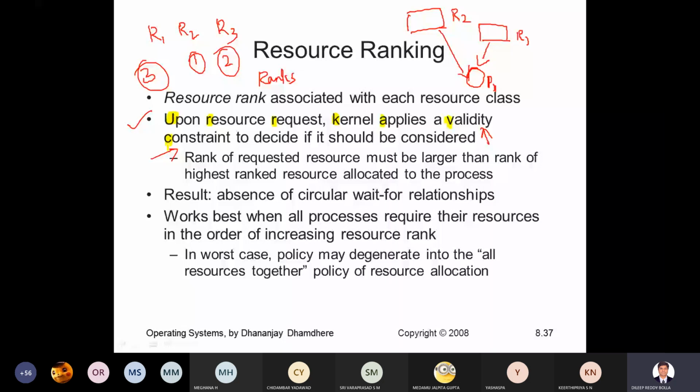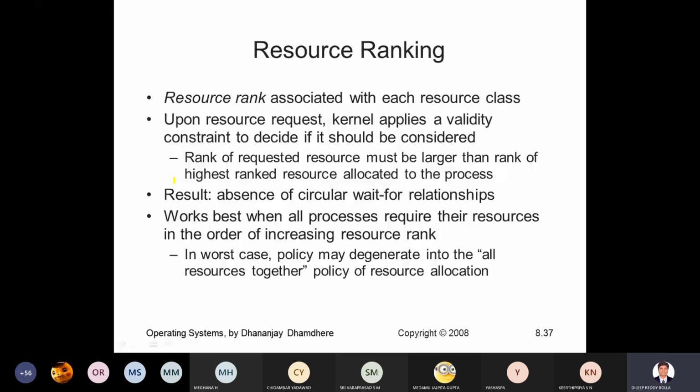Whatever comes to you, you will check for validation. Let us say you got some news in the newspaper. You will check the validity of that, whether it really happened. For one second you just think, right? You will evaluate whether it's correct or wrong. Similarly, the kernel is going to validate whether we are going to consider this or not. That's why your newspaper has headlines. This headline you are interested in, you go inside and read. This headline you don't like, you don't read the article. That's why they give you headlines.